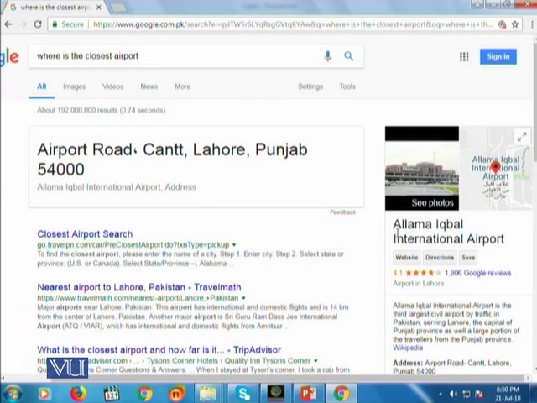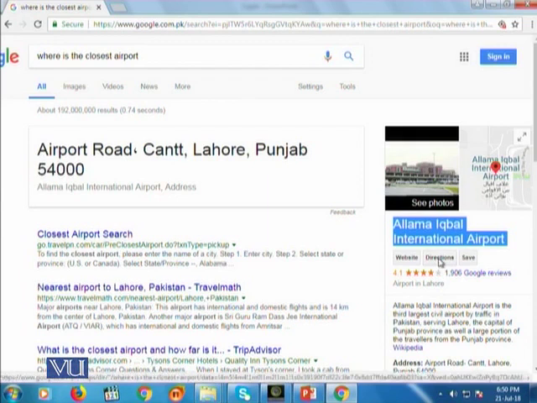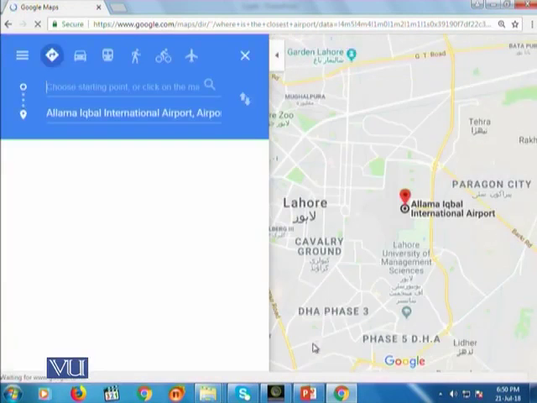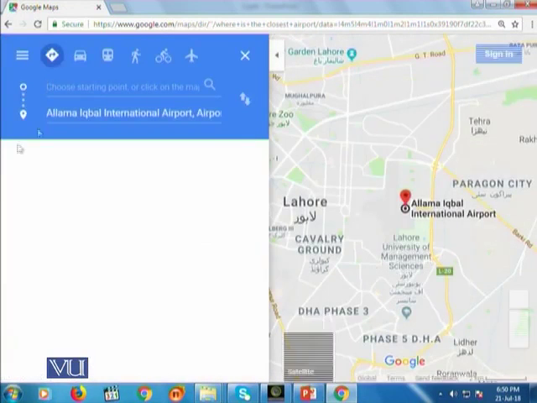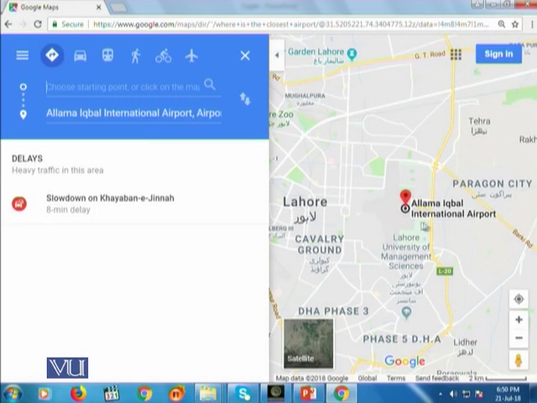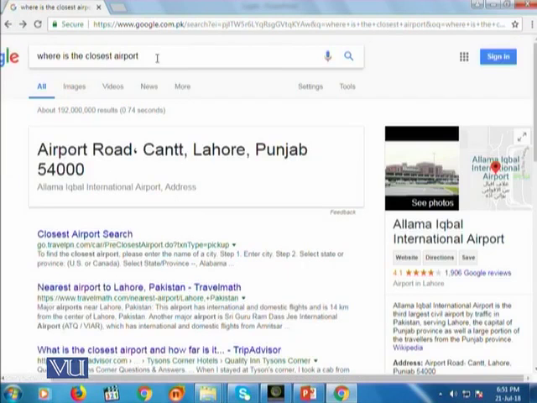It has identified that Allama Iqbal International Airport is the closest to me, and I can also find the directions. If I click on directions, it will show which path to follow from my current location to that particular location, and what would be the easiest route to reach there by bus, by walk, by bicycle, or other options. So you can search in this way.